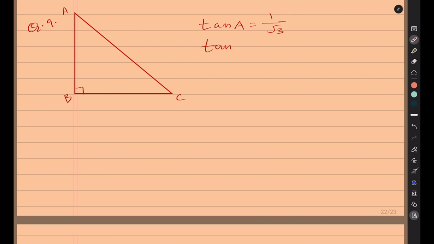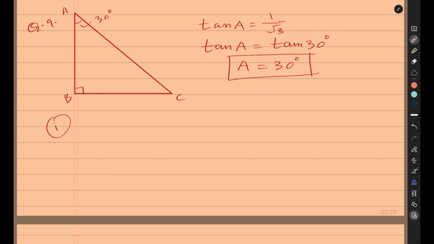We have found out the value of tan 30 and tan 60 also. So basically 1 divided by root 3 is equal to tan 30. So we get the value of A as 30 degree. So this is 30 degree. Now the question says find the value of sine A. Okay, so this is the first question. Find the value of sine A